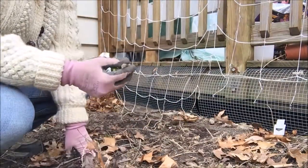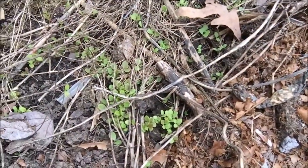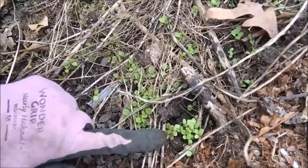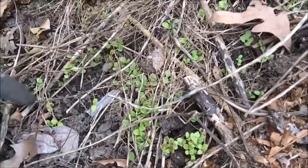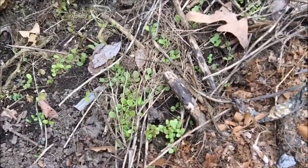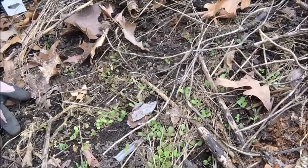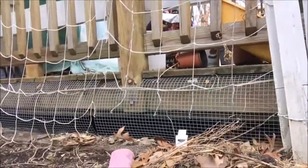So one thing I did see when I started to pull that cover away, and I'm going to bring you over to show you. Look at that. I am not sure. I think it's lettuce. Because I know I did have several lettuces throughout the yard, but I don't know if this was lettuce. We're going to leave it and see what comes of it. I know I did have some cabbage over here, but the cabbage did not go to seed last year. So I'm going to leave that little patch there, but we're really going to be putting